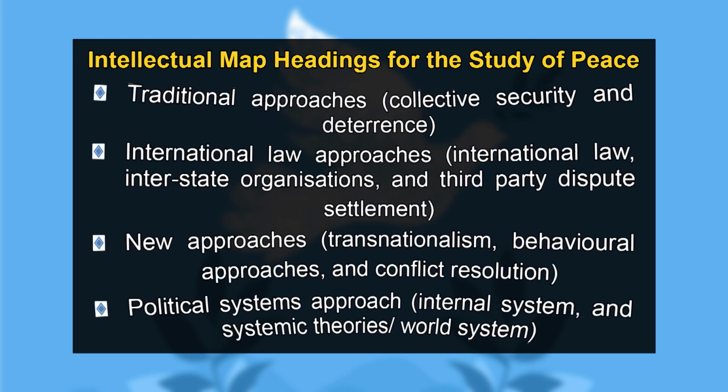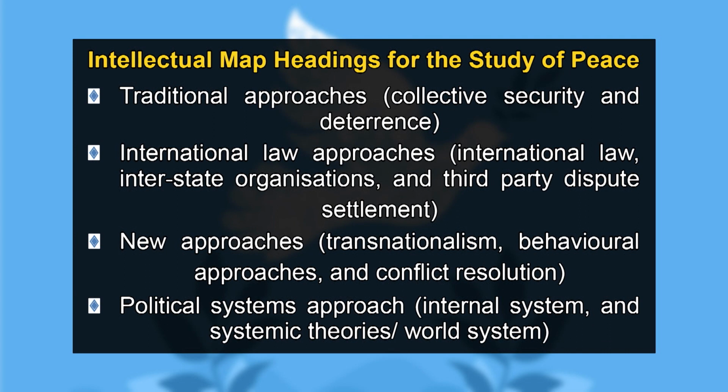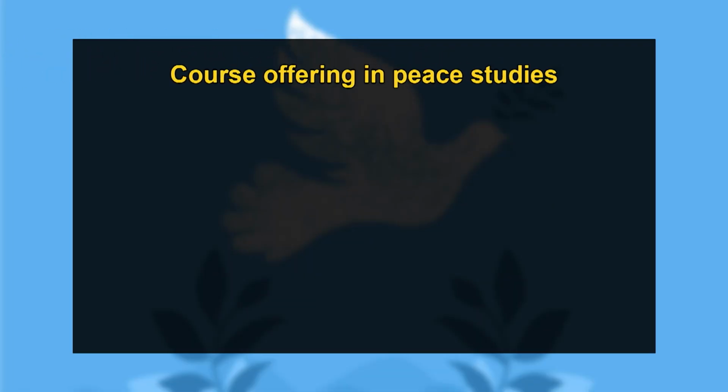which included collective security and deterrence. International law approaches, which included international law, interstate organizations, and third-party dispute settlement. New approaches, including transnationalism, behavioral approaches, and conflict resolution. And political system approach, including internal system and systemic theories, world system, etc. By the mid-1990s, peace studies curricula in the United States had somewhat shifted from research and teaching about negative peace to positive peace. Dear students, since the beginning of the new millennium, course offerings in peace studies have expanded to include